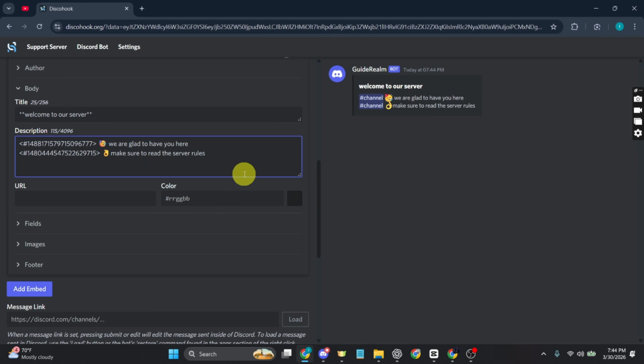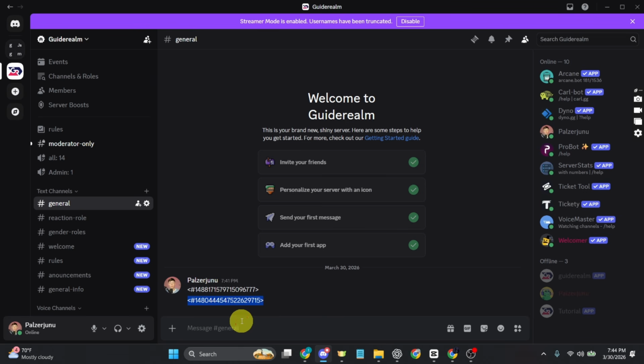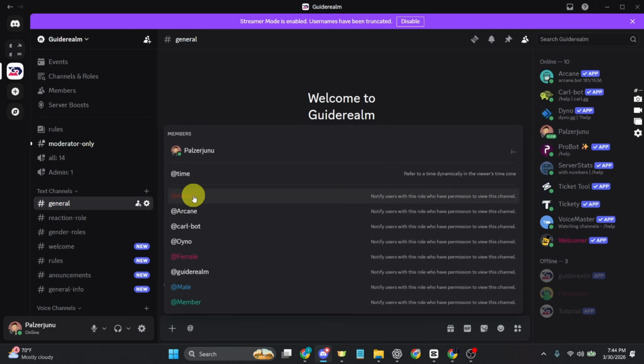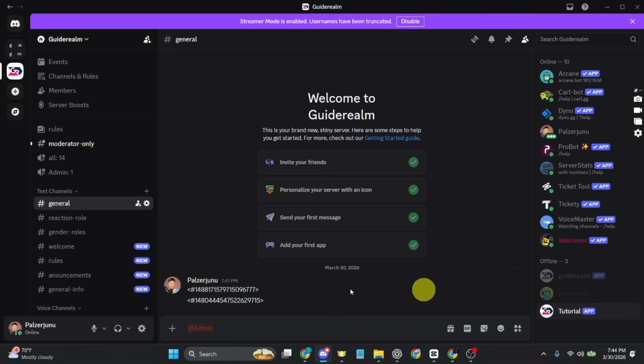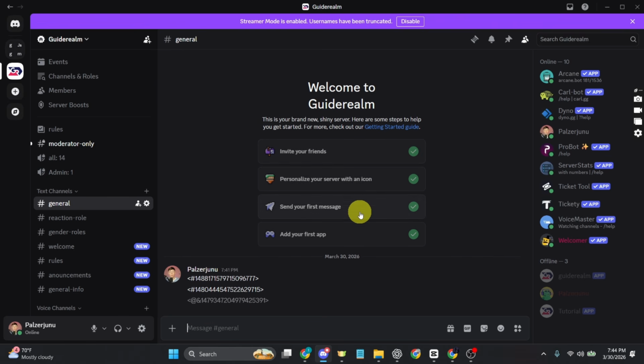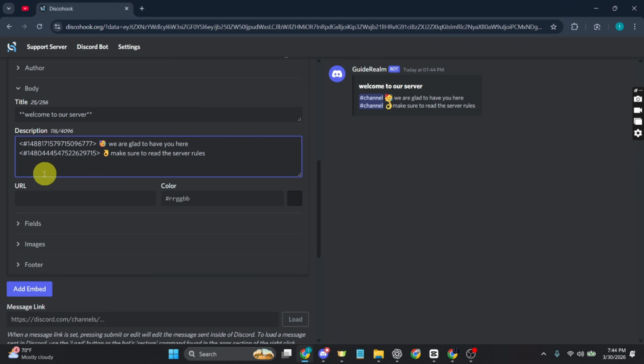And after adding that, you can even mention your roles. Just go to the Discord once again and start by searching for your roles. Let's say I want to add admin. So I'll just go in front of the message and type a / and hit enter, and this is the role ID. Just select it and press Ctrl C and go to Disco Hook, and you can just paste it here. Type the description for them